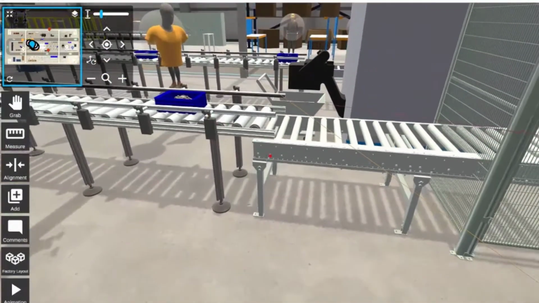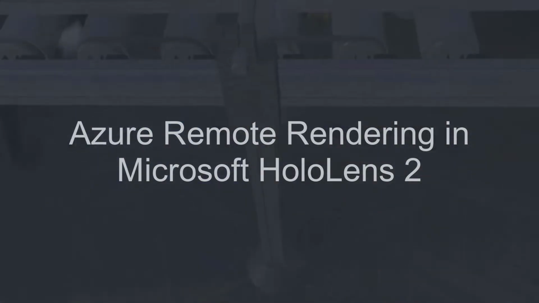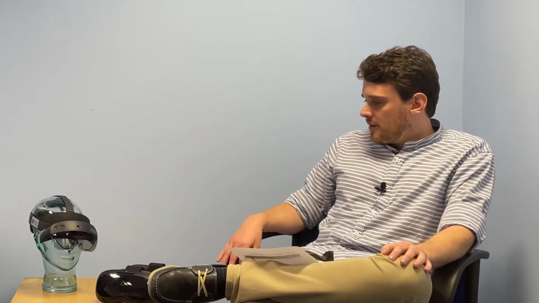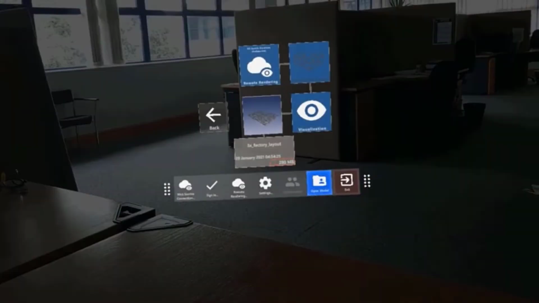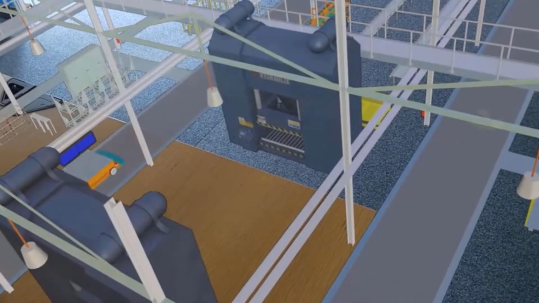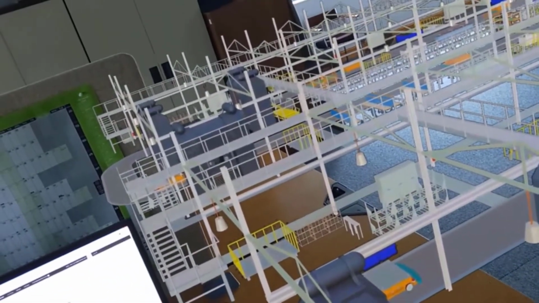The other thing I've seen more recently, so we've been talking about applications for a number of years, is the ARR, Azure Remote Rendering. What capability we've got there, and what's new in the HoloLens 2 that you'd like to explore? Yeah. Okay, so at the recent release, we've updated our HoloLens 2 offering. So historically, we've had all of the experiences that I've covered there on the device itself. So obviously, what that